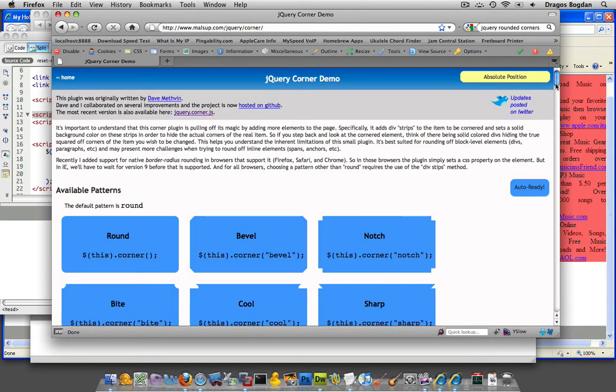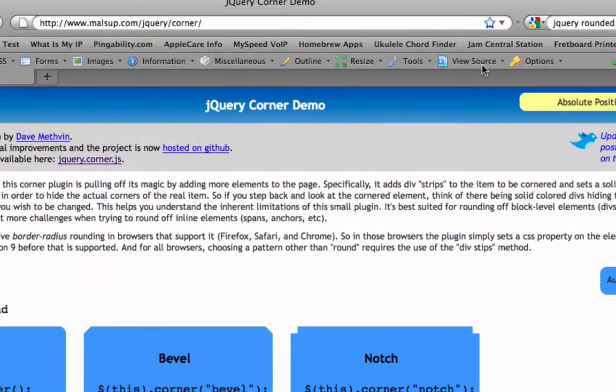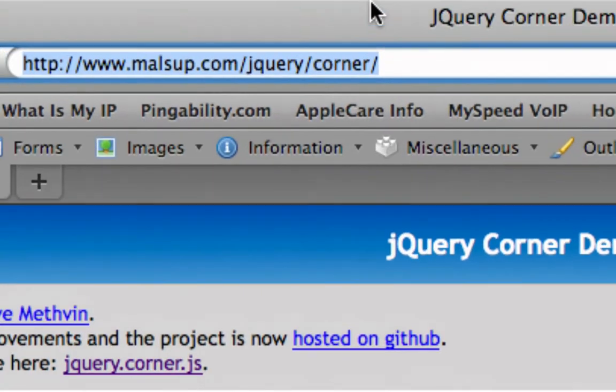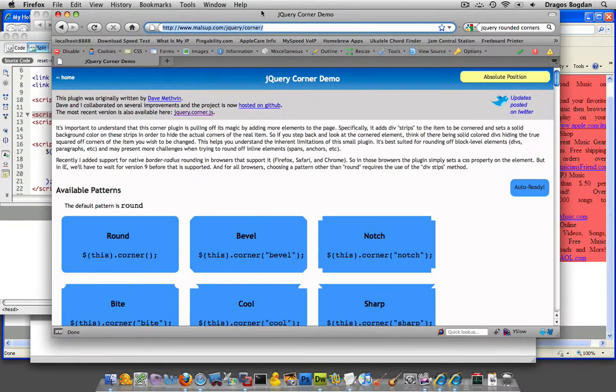Now it's the jQuery corner demo, and this is malsup.com/jQuery/corners. Here's the URL that I'm visiting right now. And what I'm going to do is, here it is, the most recent version is available here. So I'm going to click this link,